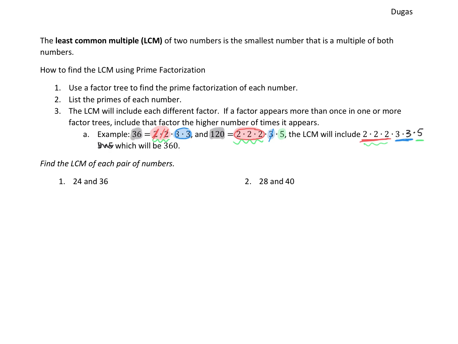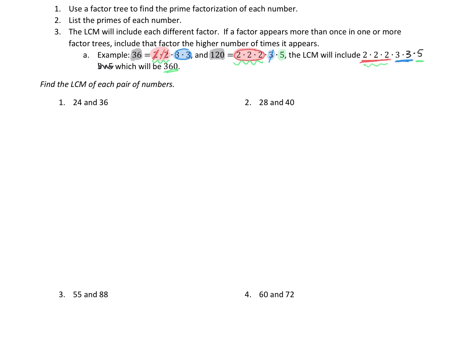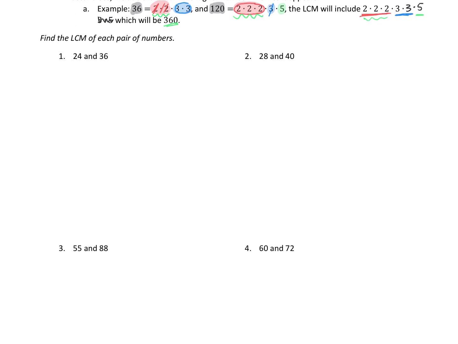Okay, so once you find your list for the LCM, you multiply all the numbers together. And for this example, you would see that you would get 360. So let's try some of these. So for number 1, we want to find the LCM of the pair of numbers. So for 24,